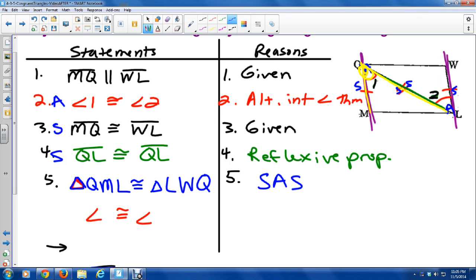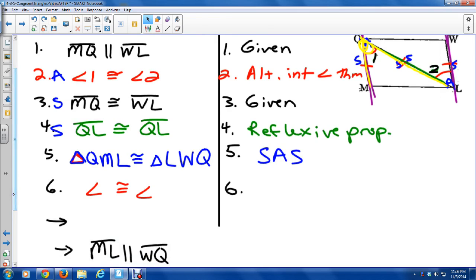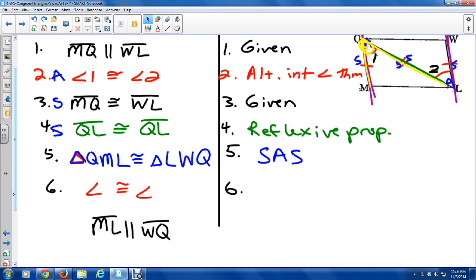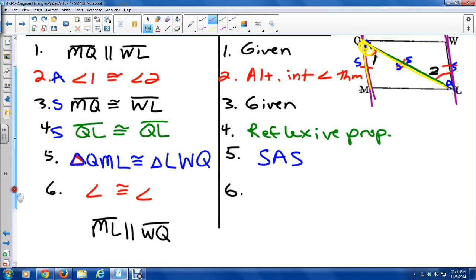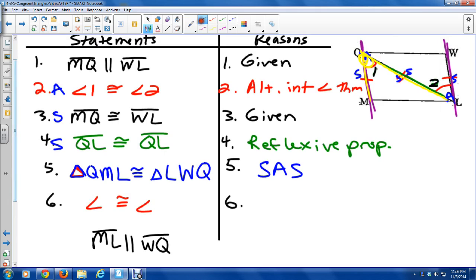That's just like any one of those 8 through 15 that you did on your worksheet that you should be getting pretty good at this point. Here's where it gets different. This is the new part for today. I've got to use that to prove the fact that triangles are congruent to prove lines parallel. And I know that to prove lines parallel, I need to have angles congruent. So I'm now going to say that because the triangles are congruent,